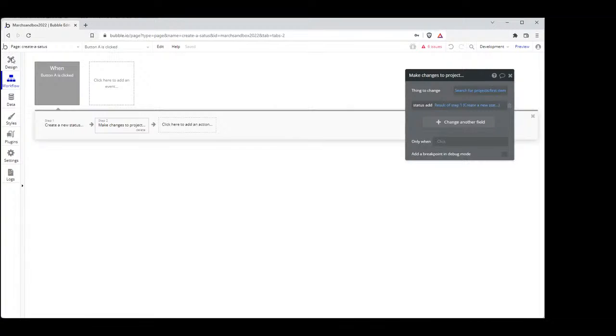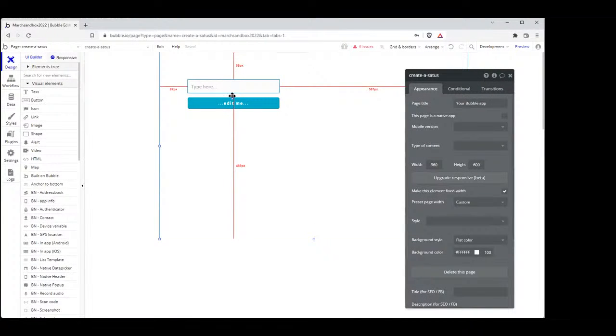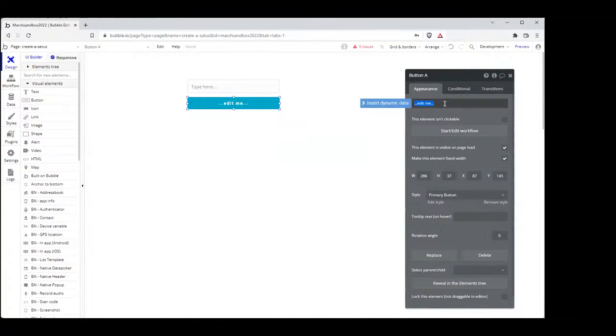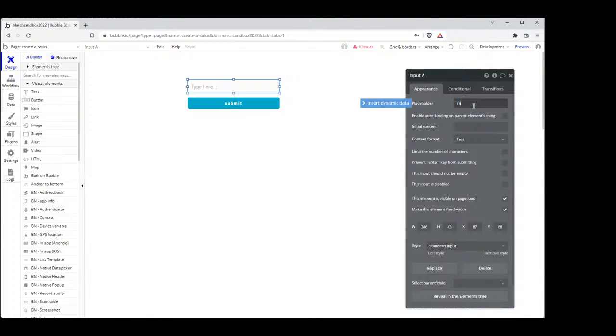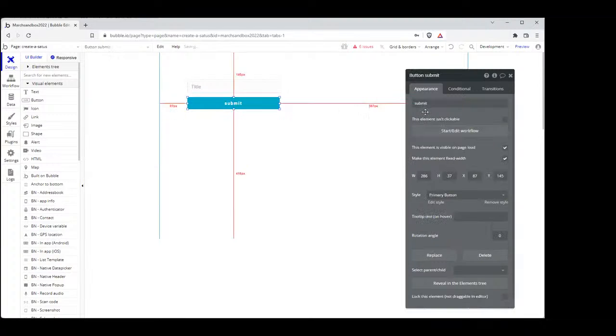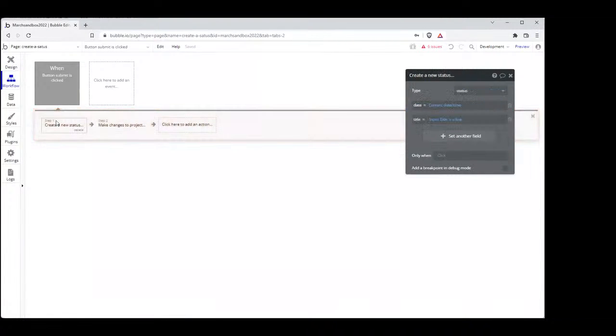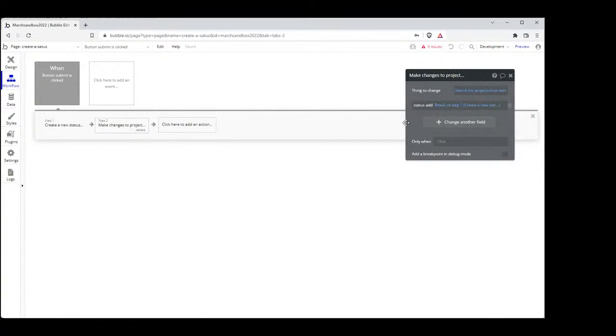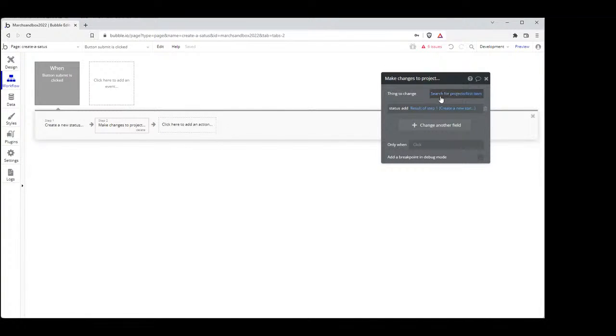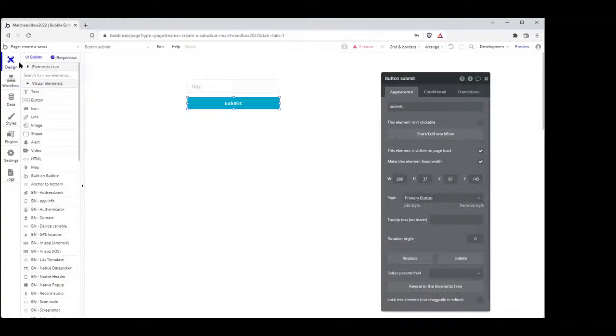So to recap, what we've done is we've put an input field here and a button. We'll just call this a submit button. So the user is going to type in a value, the title. When they've typed in that, we're going to create a new status. We're going to take the title from that input's value, as well as this date, and then we're going to add it to the project. And so if everything goes smoothly,